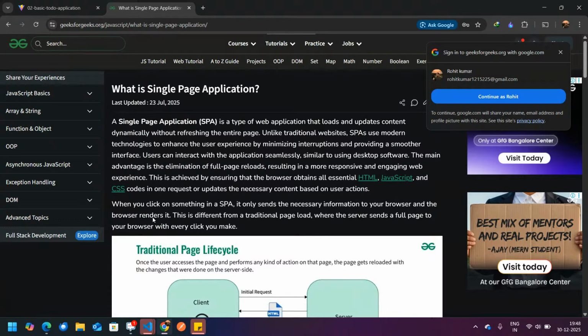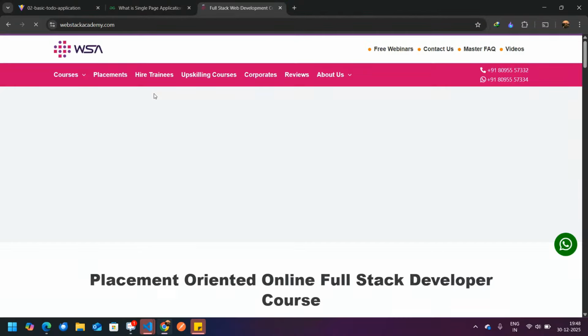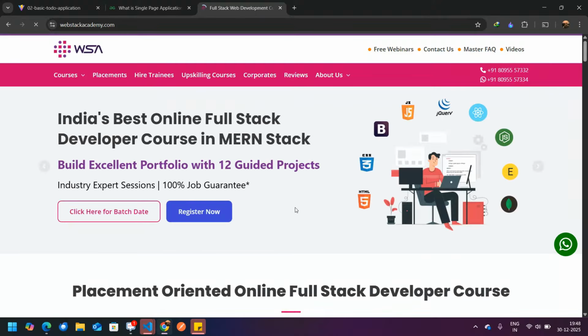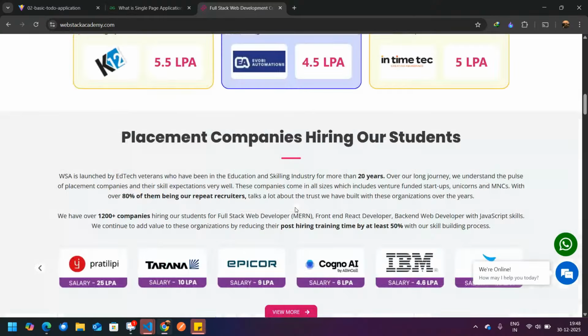But traditionally it was not the case before React. Suppose you went to the webstackacademy.com page. This is one page, meaning one HTML, CSS and JavaScript written for this particular page.